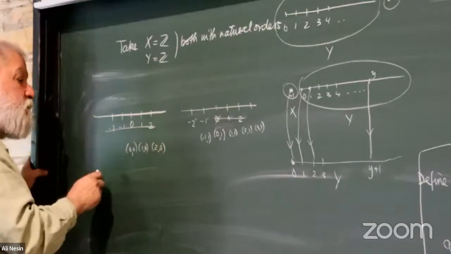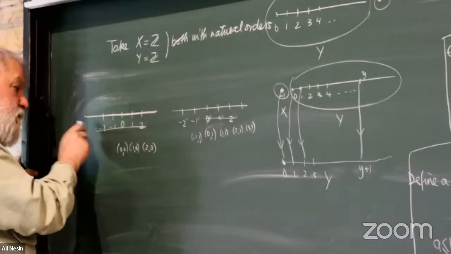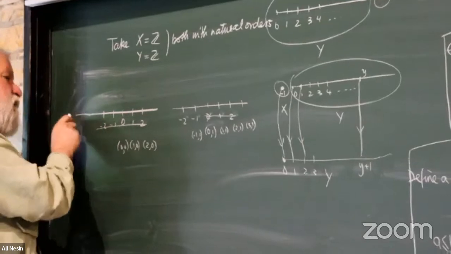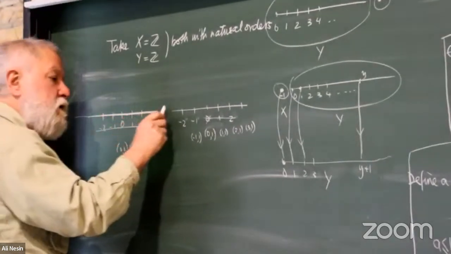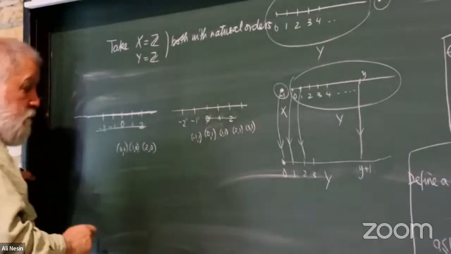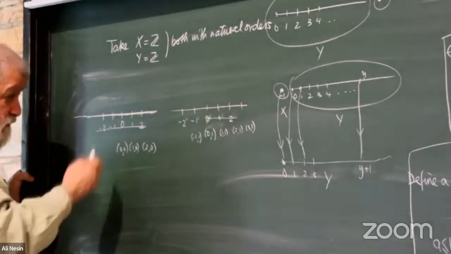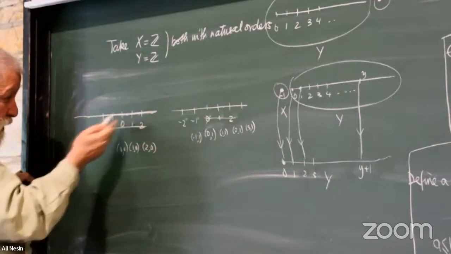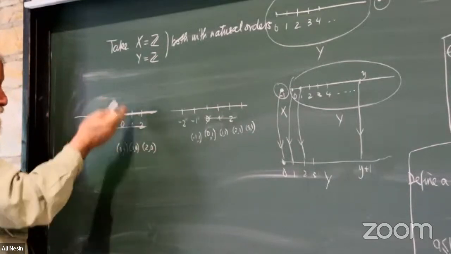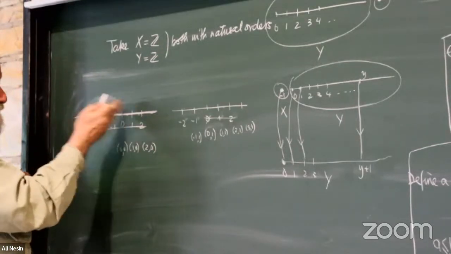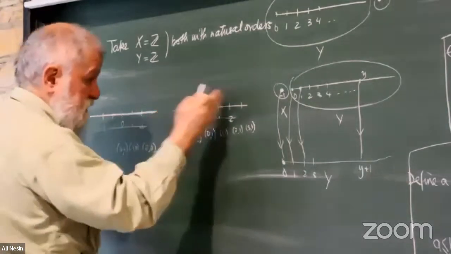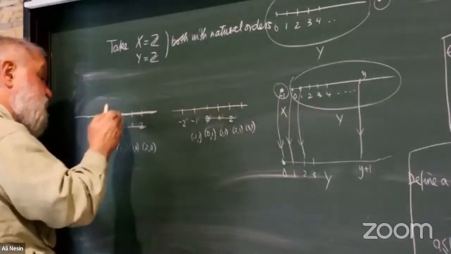So these are two copies. And here, the order is like this. It starts from -infinity, of course. These are smaller elements. These are larger elements. And then among themselves here, you order them naturally. These elements are less than these elements. Here also, these elements are less than these elements. And every element here is larger than this one.